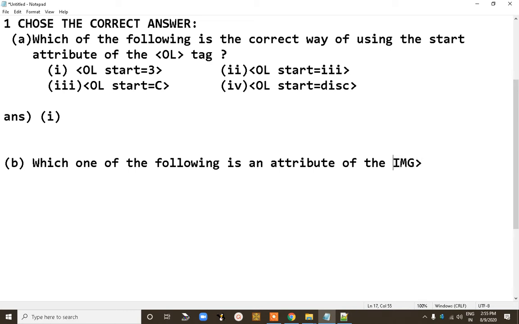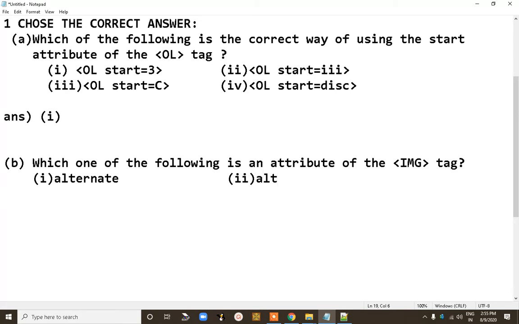IMG means image tag. So this is the next question. The options are: first one is alternate. Second option is alt. Third option is source. Fourth option is size.